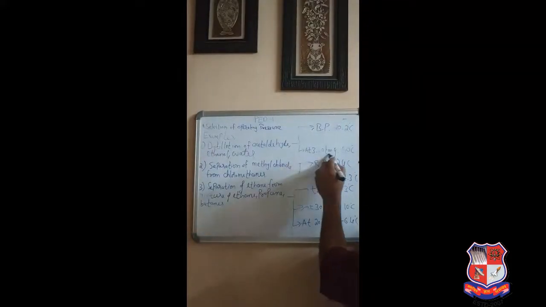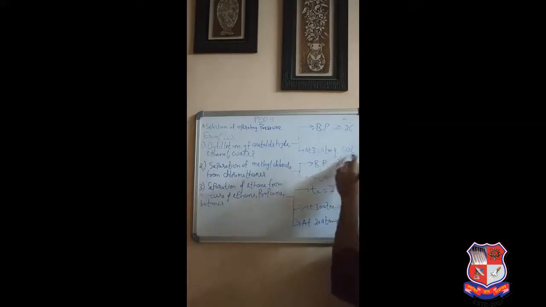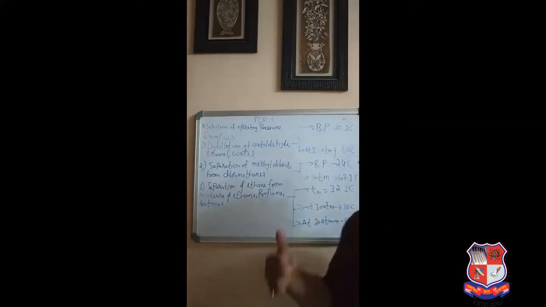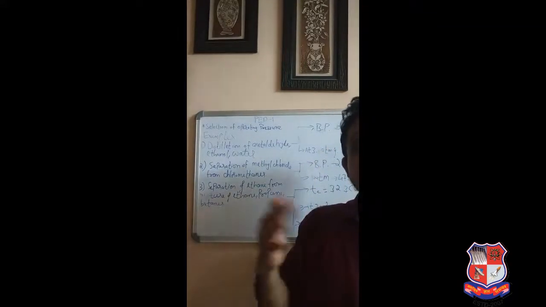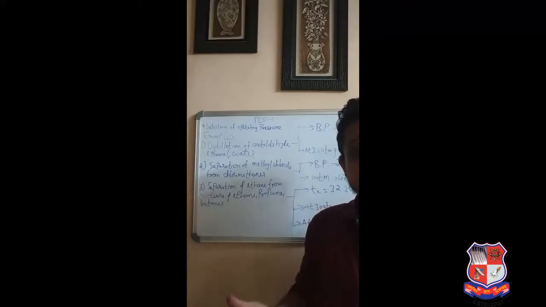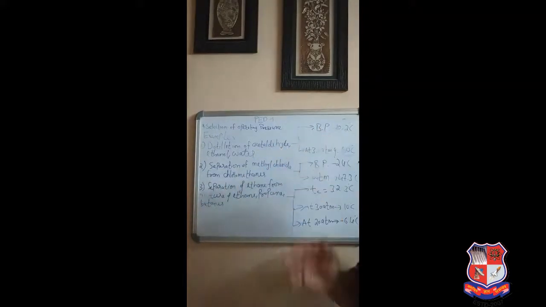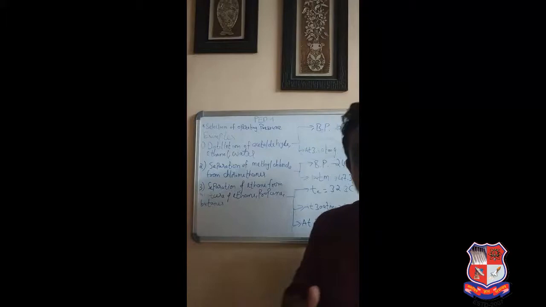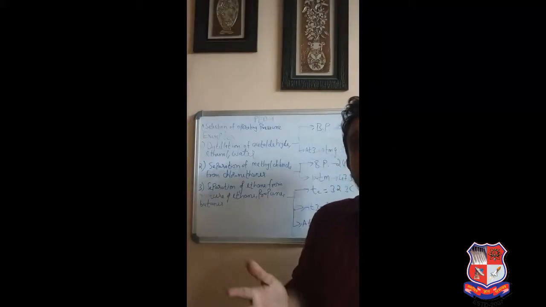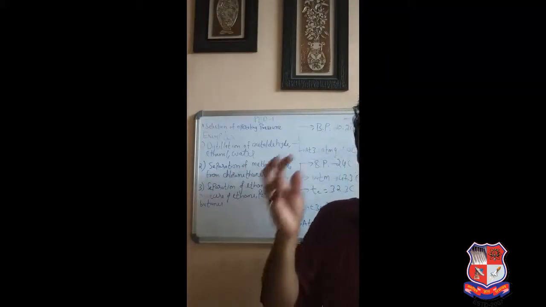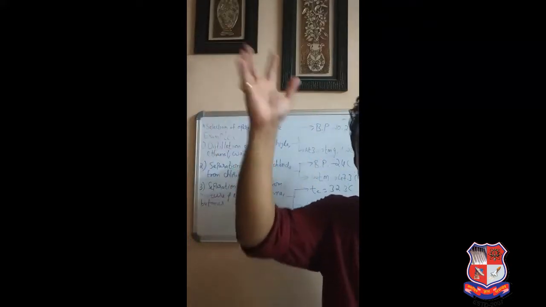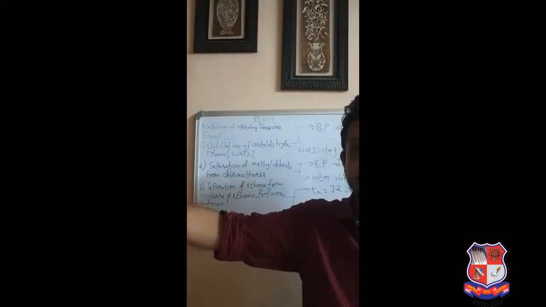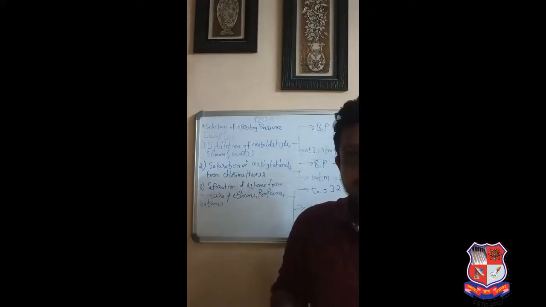At 3.6 atmosphere gauge pressure, the normal boiling point of acetaldehyde comes around 60 degrees Celsius, right? So it is higher than atmospheric temperature also, and you can easily use cooling water at that condition. And if you are operating your column at 3.6 atmosphere, that is a high pressure, you also do not require any pump to get that liquid from the condenser to your storage tank. That is also a saving, right?